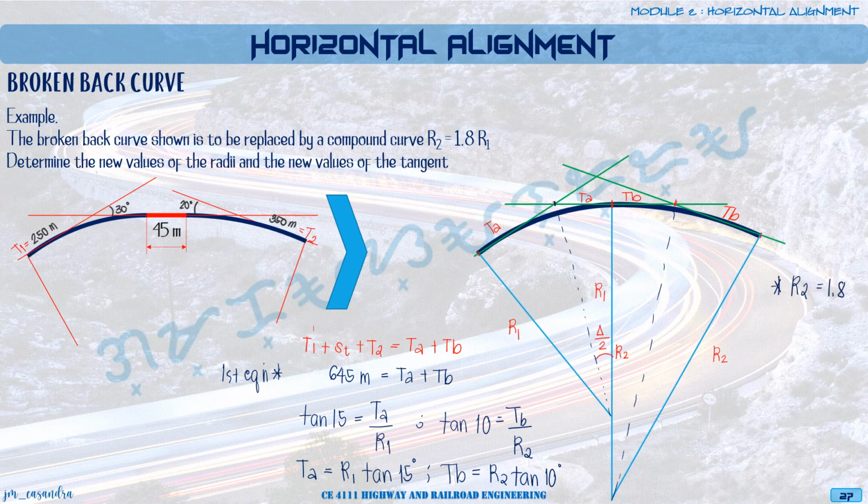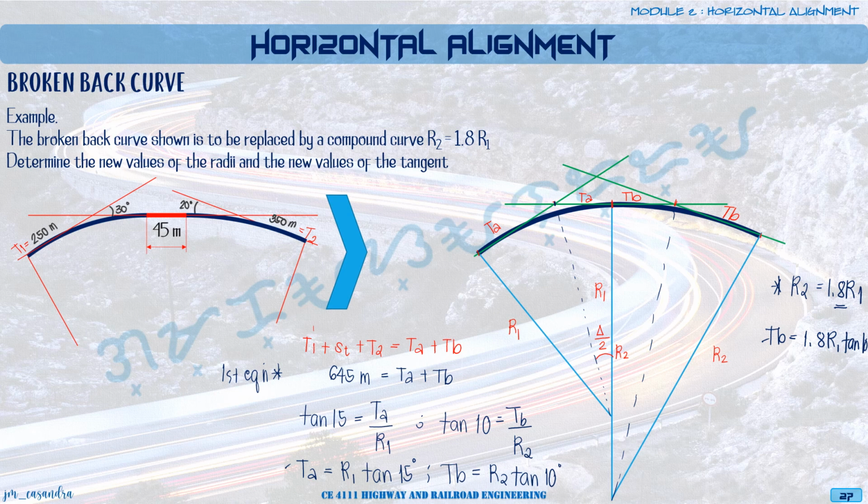R2 is equal to 1.8 R1. So substitute R2 with this value. So we get now TB equal to 1.8 R1 tangent of 10. Okay? So since we now have TB and TA in terms of R1,